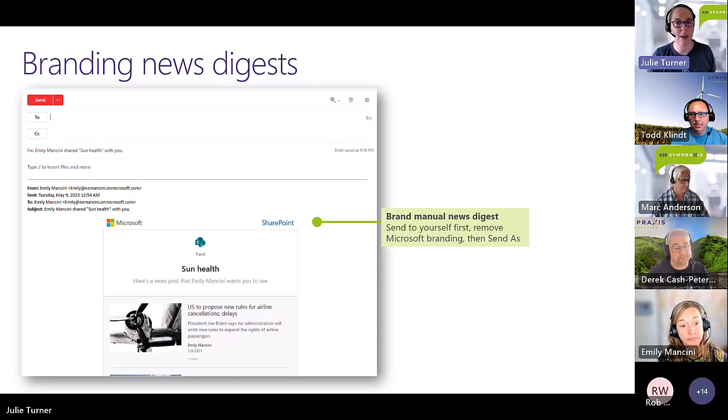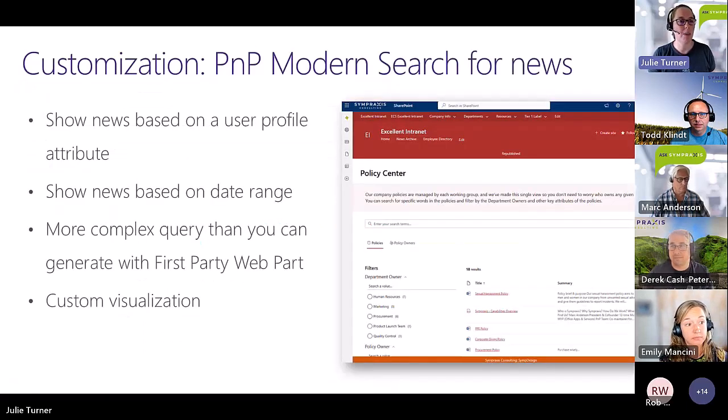All right, I think we're moving on to Derek. You're going to talk about doing PnP Modern Search, which is kind of like our favorite tool these days. It is. As much as we are a fan of the maturity model, I am a huge fan of the PnP Modern Search web part. It is like my favorite little Swiss Army knife. It can be both, right? We can like both. Oh, we could absolutely like both.